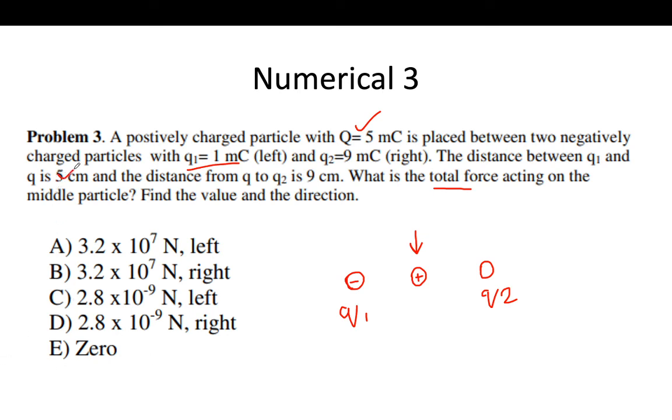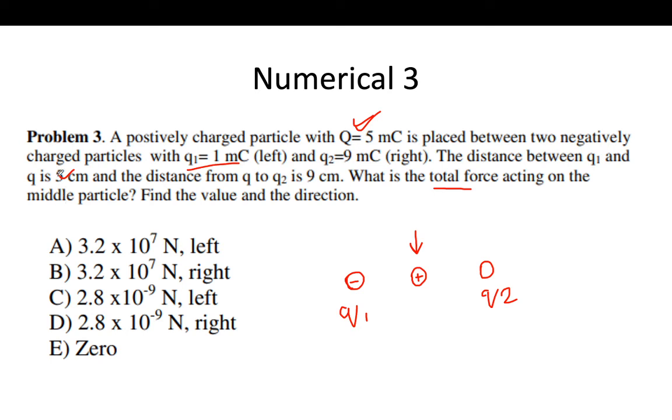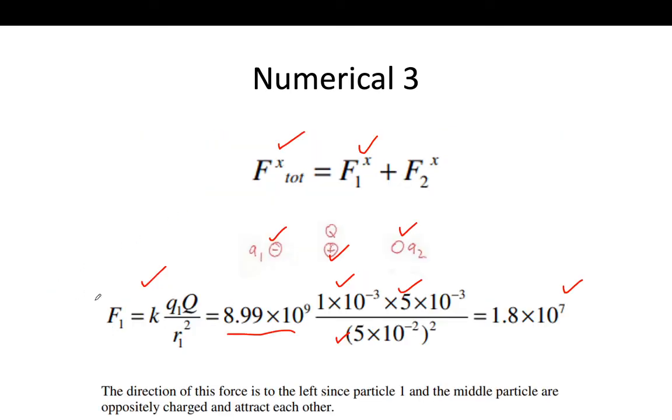This is the Q value, and this is the value of the positive charge within the Q placed. So this is the distance we have put, and this is the charge value, all the values given in the question, and from the calculation we will get our F1. Nothing is placed from outside. Q value is given here, R value is given here, and Q1 value is given here. All these values we take from our equation and we find F1.